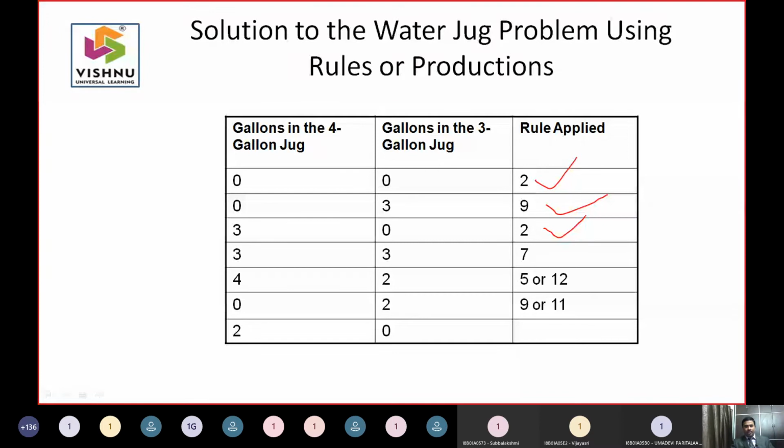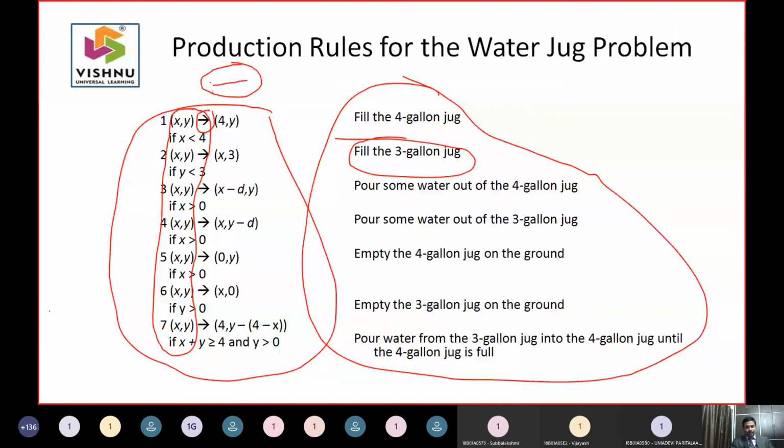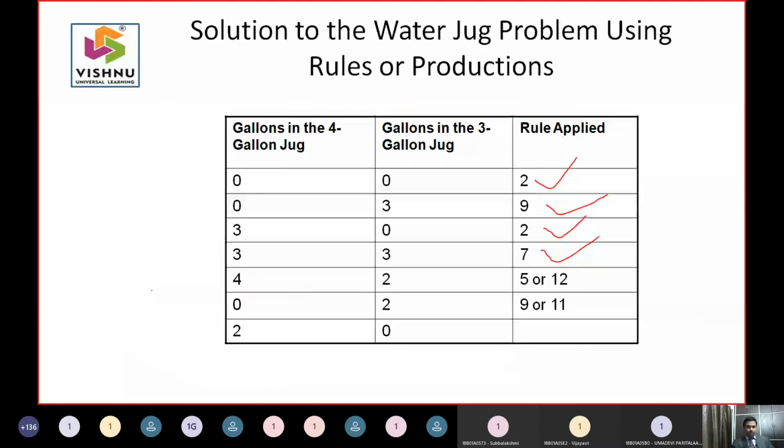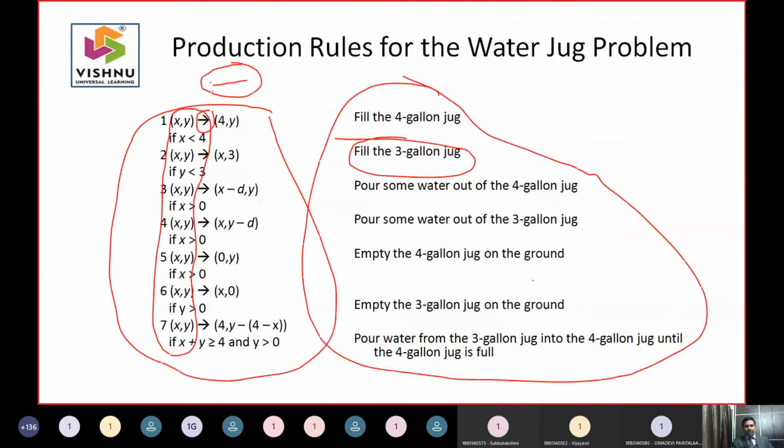Two is filling again the same rule. From 30 to 33, I have applied a rule called 7. So I said 7 and 8 are very important. That is the vital aspect. Getting 33, you are getting the output. Then 42 to 02 is very simple. You can go for 5, because 5 will be used many times.